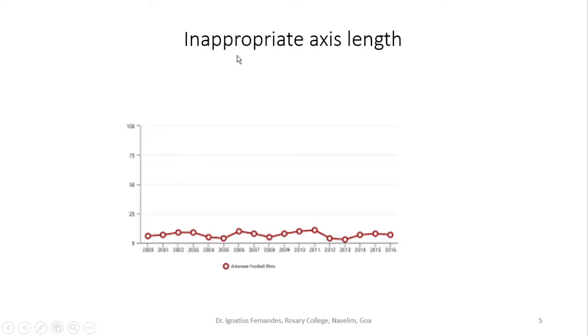Because of this inappropriate axis length, the graph does not give the actual information that we intend to get. So it is important that you form the axis length correctly. In this case, you could have just taken the y-axis as 1 to 25. In that case, you would see a different form of this graph. So inappropriate axis length is another thing that you should keep in mind.